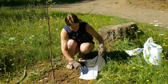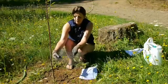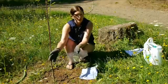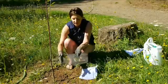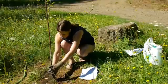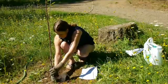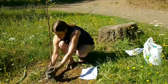And what I have here is just a small piece of wire mesh, which is the same kind of thing that you use to protect your blueberries from birds and other things like that. There's a million uses for this stuff. And what I'm going to do is just wrap that spot, because a gnawing animal is not going to gnaw through that. So all you would do is wrap it